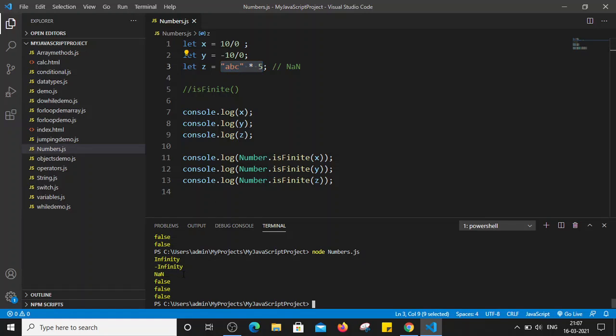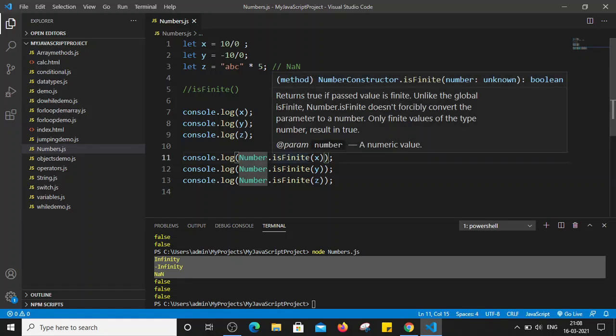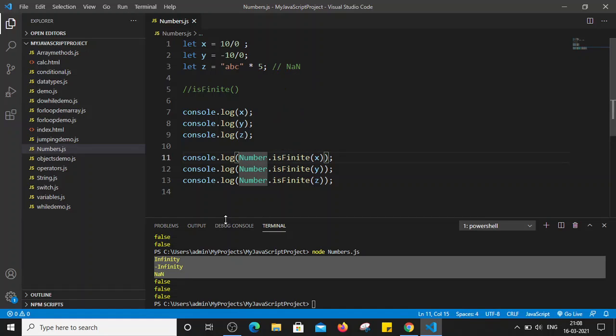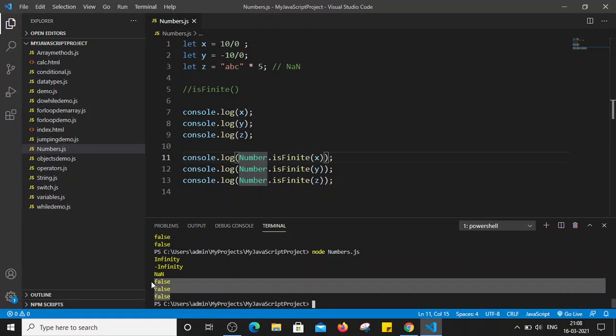So all these three values are not finite values, right? That's why whenever we use the Number.isFinite method for these three numbers, it will return false. So this is how we can use the isFinite method for different numbers in JavaScript.